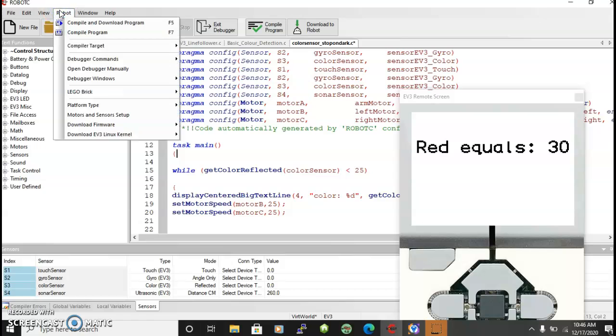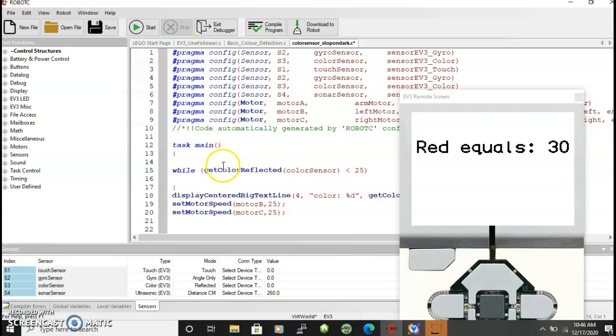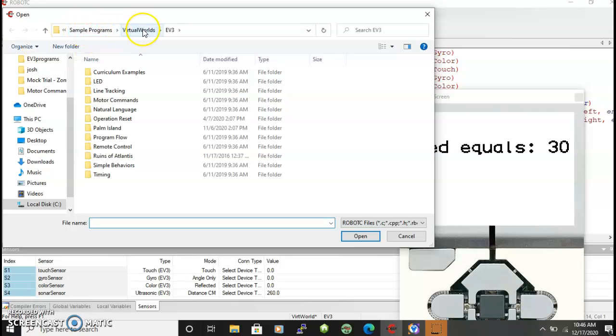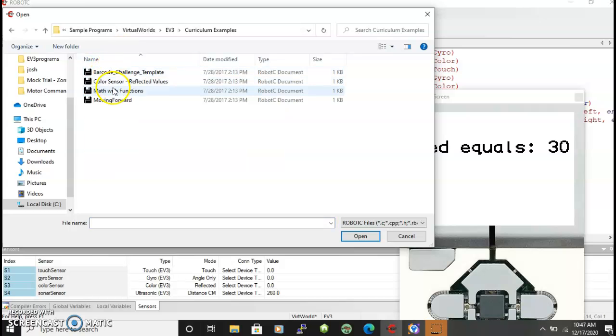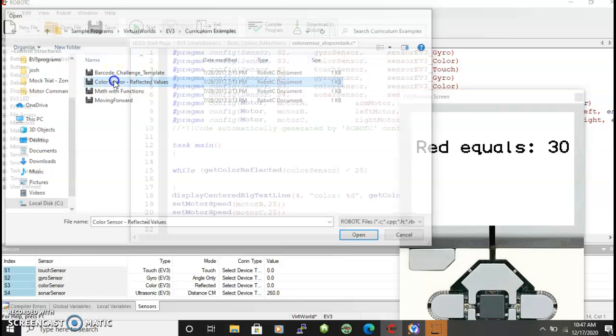So right now, look, we have our compiler target and we're going to virtual worlds. Fine. Well, and I want to find out about how the color sensor works. I'm going to go File, Open Sample Programs. And you can see up here in the window, it's going to sample programs, and it's automatically giving me virtual world kinds of programs, and then for the EV3, because we've already selected that as our type of unit. So let's go down here, and we don't really see anything that says color sensor. We don't even see anything that looks like it might be a color sensor. I'll try curriculum examples. And there, look, color sensor reflected values. And I open that up,